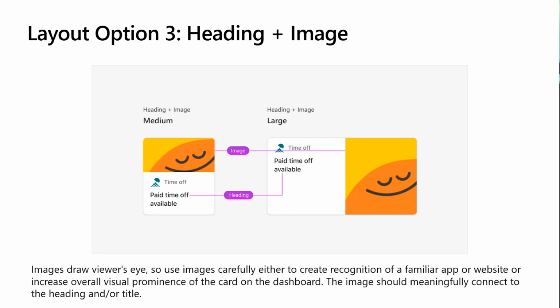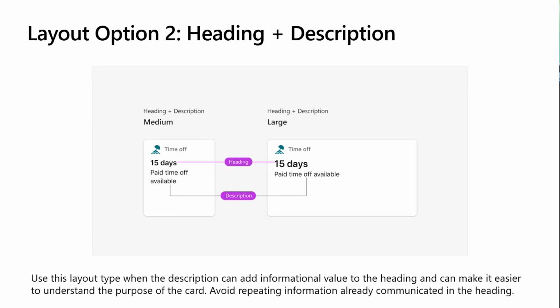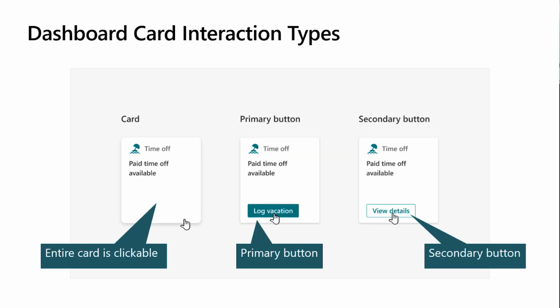I will say that from my personal experience, the thing to consider when using these 3 layout options is to balance your text with images. Having a page of all text dashboard cards is not going to be very visually engaging. But at the same time, if you had all heading plus image cards, they would be very visually busy and maybe overwhelming. So using a mix of those types will result in a very good user experience and just visually appealing and simple.